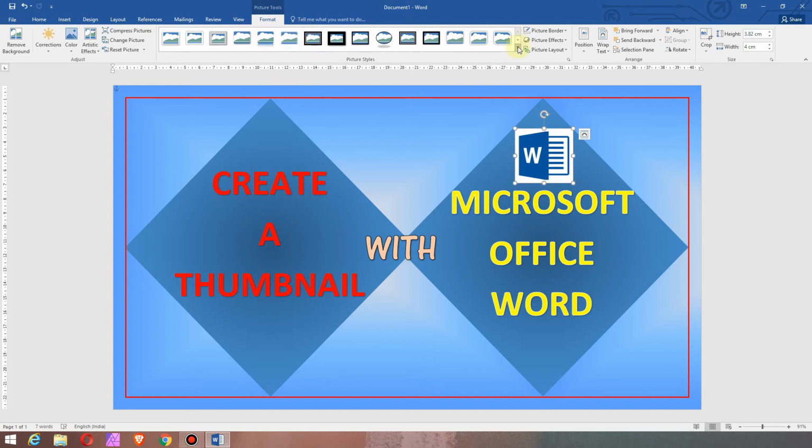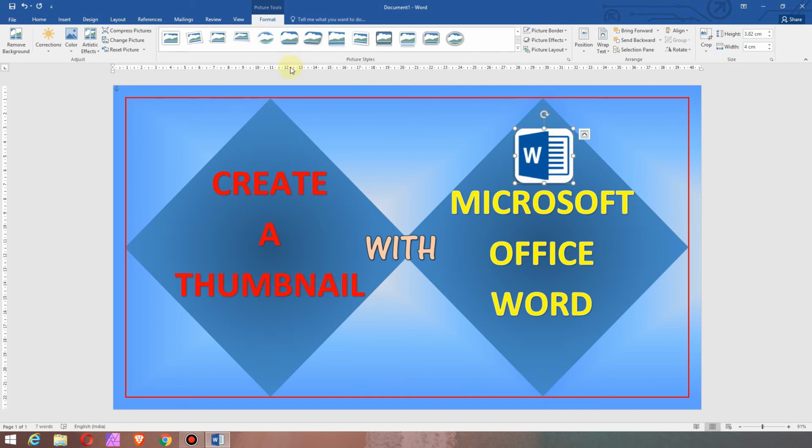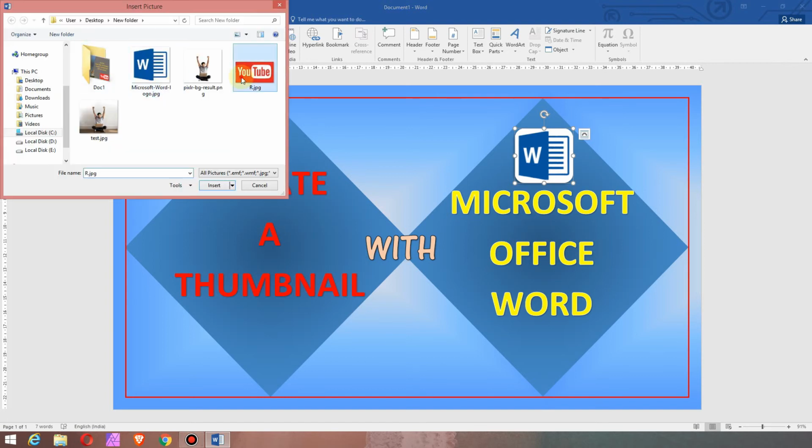Apply an effect from Available Effects under Picture Tools, Format tab. Now insert all the pictures in the same way.